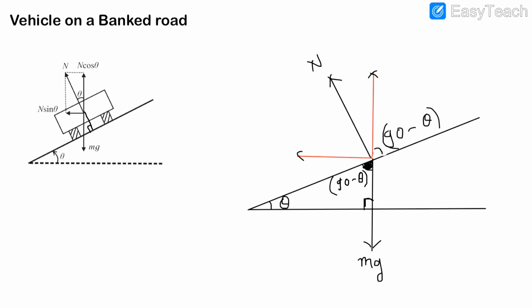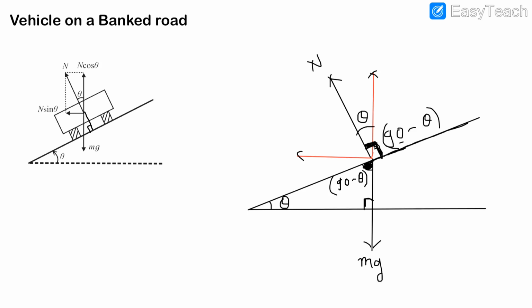Okay, I am showing why this angle becomes theta. How? This angle is 90 minus theta, so the opposite angle is also 90 minus theta. Again, by observation, this is a normal reaction, so this angle is 90 degrees. Okay, you got this point, that normal reaction is always normal to the surface. Then this angle is 90 minus theta. Here 90 minus theta and this angle is 90, meaning the remaining angle is theta.